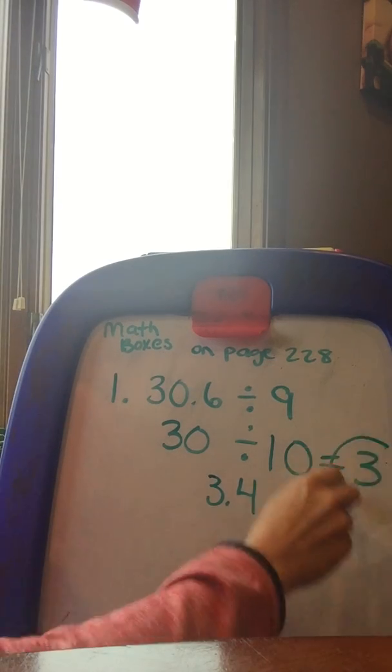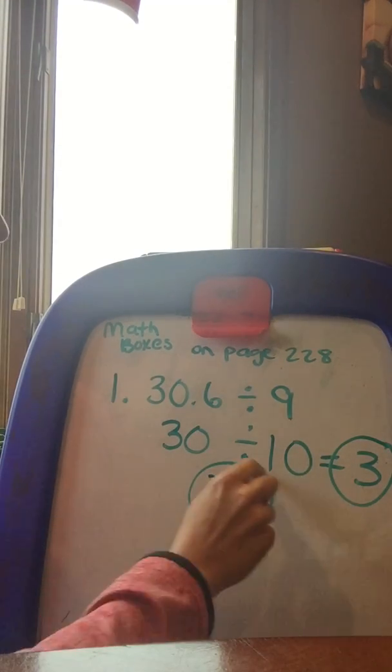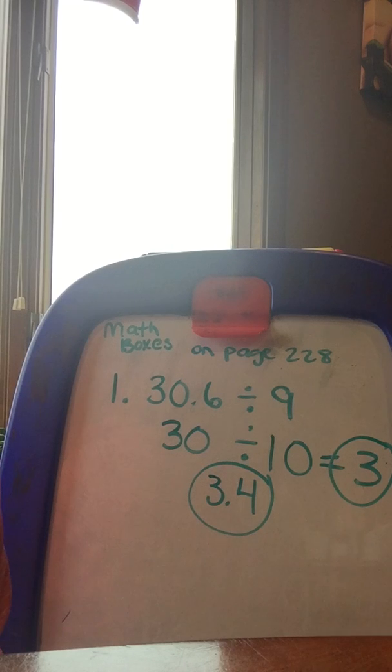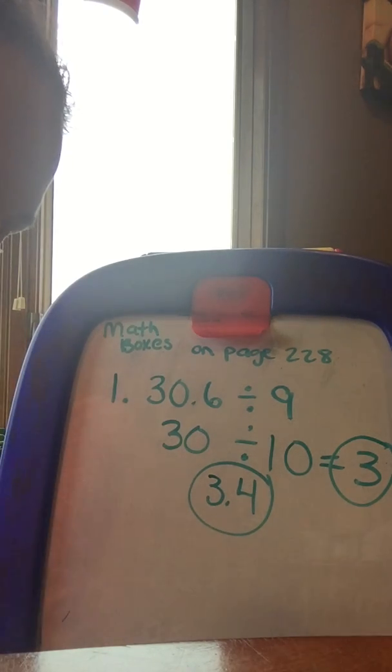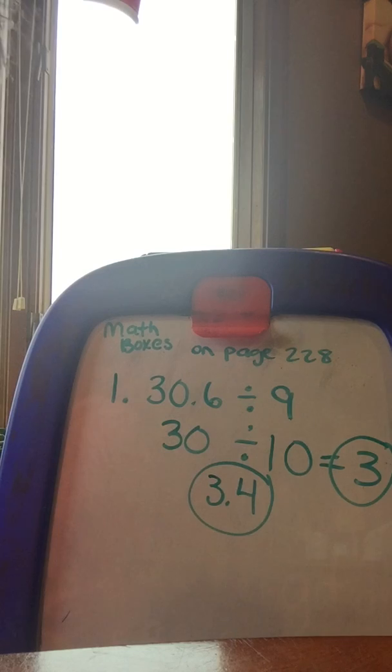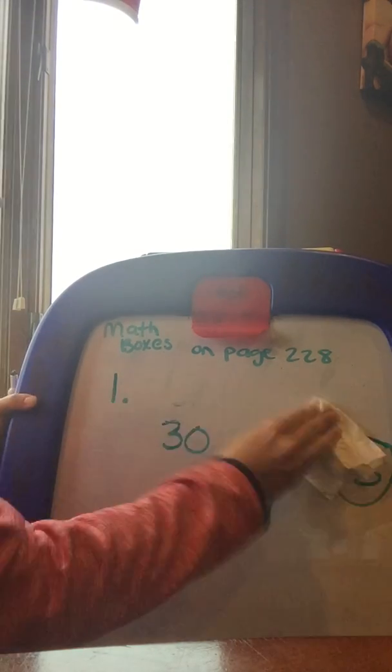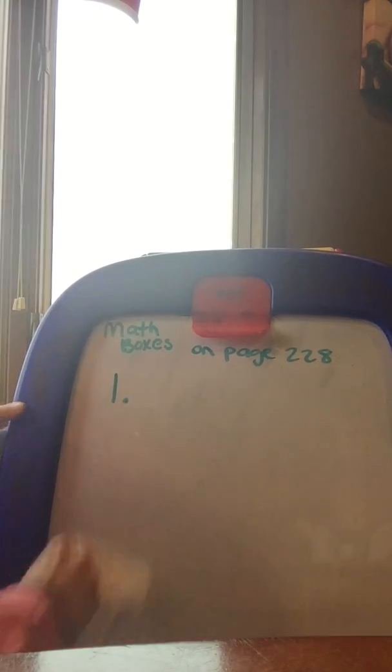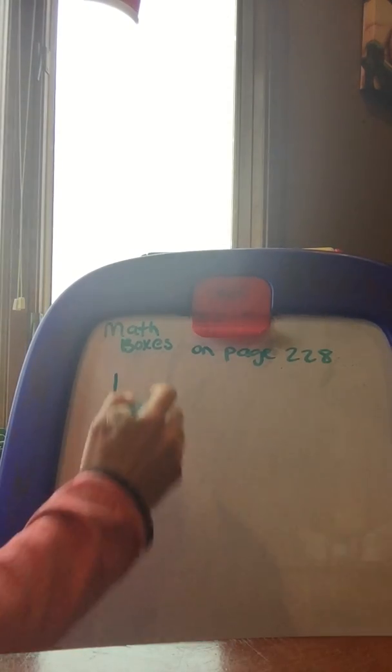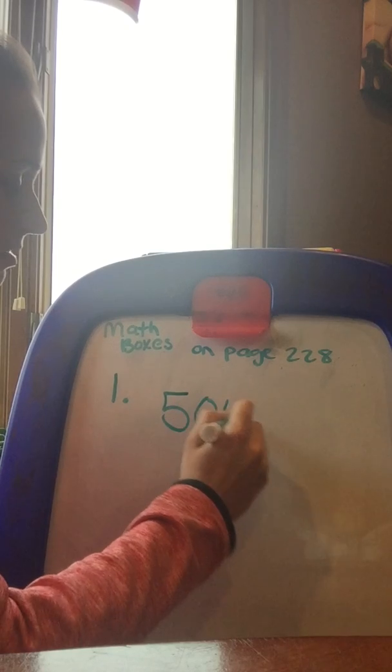Okay, this is your estimate, and this is the correct answer. But we can get pretty close to it by using our estimate. All right, moving on to letter B. So again, you have some numbers, and you're going to change them to numbers that you can do in your head or fairly easily. So I'm just going to wipe these off and then go on to, let's see, 506.9,